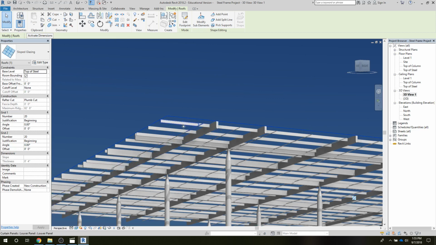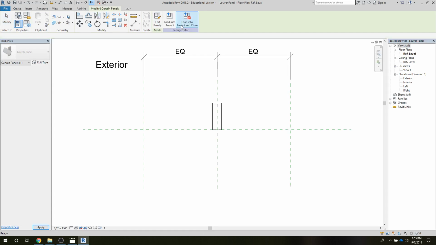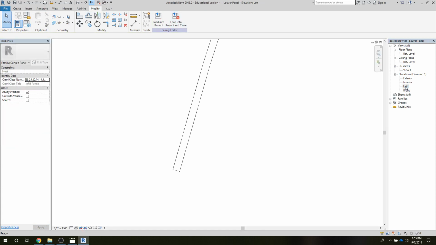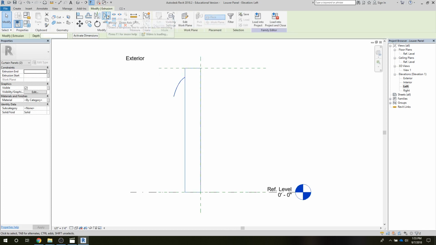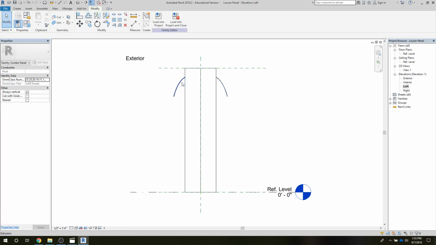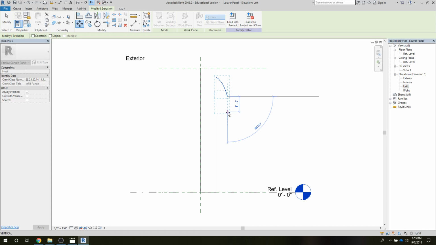So I'm going to tab into this until I can grab one of the elements. And we're going to go ahead and edit it. And we'll just build it up the other way around. So let's look at this. So I'm just going to take this and I'm going to mirror it. And we're going to start making the copies of this. And I'm going to copy these down, but there's a problem that typically happens with this, and that is I'll